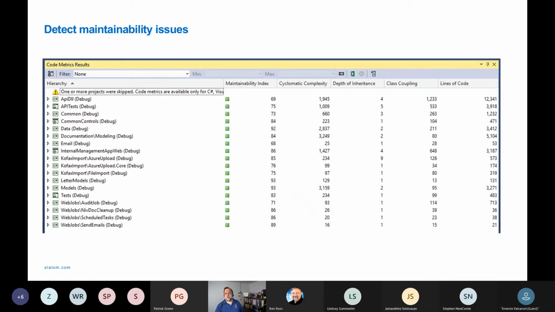You can also use tooling to find the hotspots in your application. So maintainability issues. This is the code metrics. This is inside of Visual Studio, for example. And then here we see some of these, the maintainability is fairly high, like this data is a 92 maintainability index out of 100. But there are other cases like the API DLL, which is only 69, in part because